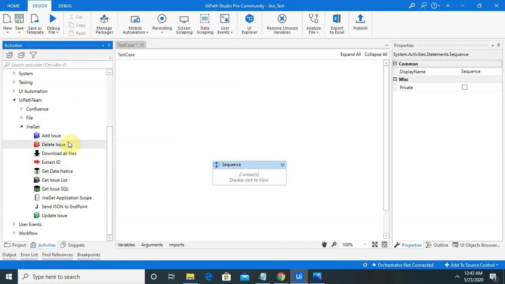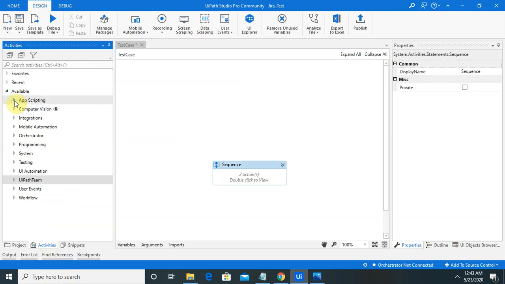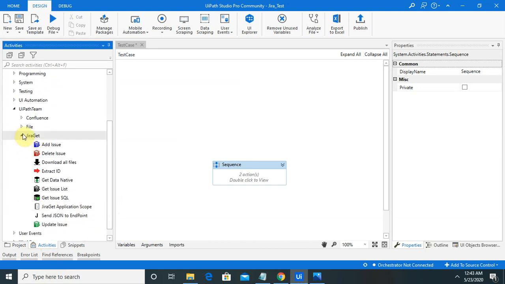As you can see, I have already opened it. Let me open it again for you. Go to your available activities, jump to UiPath Team, and from UiPath Team select Jira Git. Jira Git has several activities available. For using any activity, first we need to add the Jira Git Application Scope.